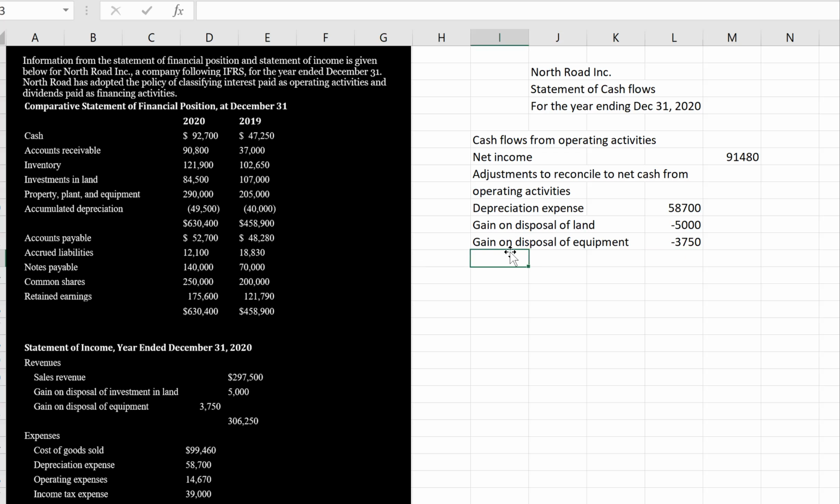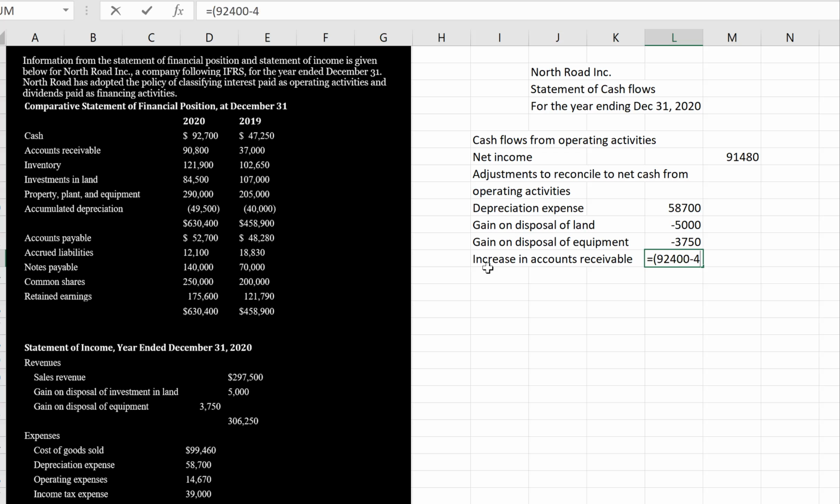So let's start with accounts receivable. We simply say if it's an increase or a decrease. Did accounts receivable increase or decrease? Well, it went from 37,000 in 2019 to 90,800. So it definitely increased. So we're going to have an increase in accounts receivable. And what does an increase in accounts receivable mean? Well, it means that we got less cash because we're extending more credit through AR. So we're going to deduct the increase in AR from our cash flow statement,